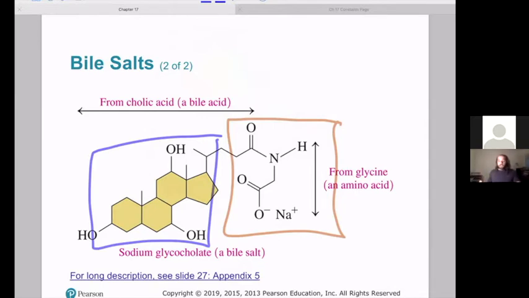So for example, when your body's trying to get rid of fats, so you eat a really fatty meal and your body's trying to digest it, the long